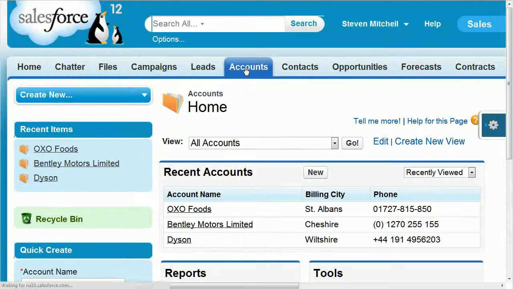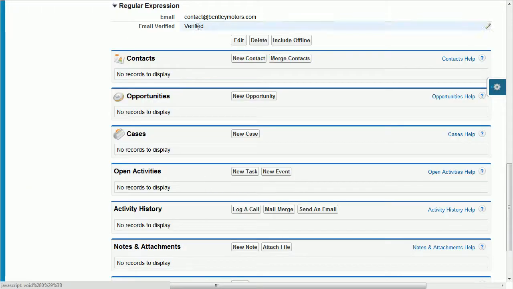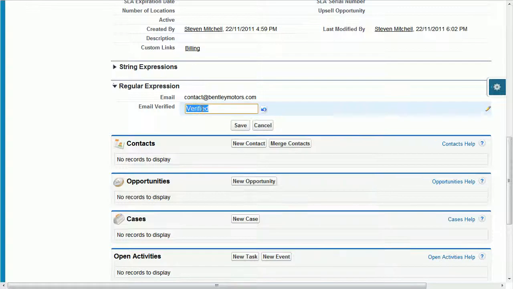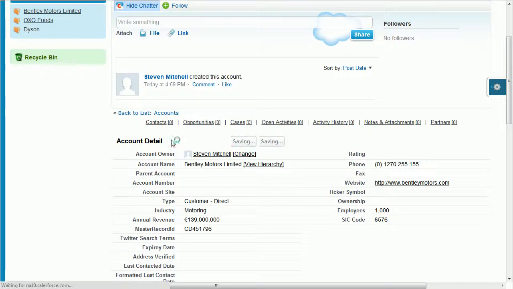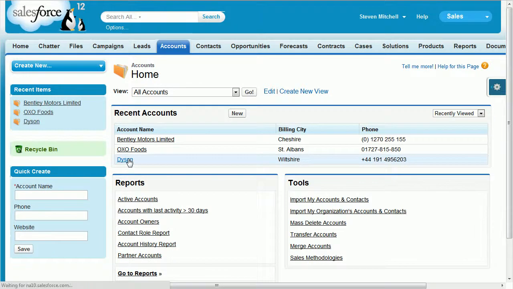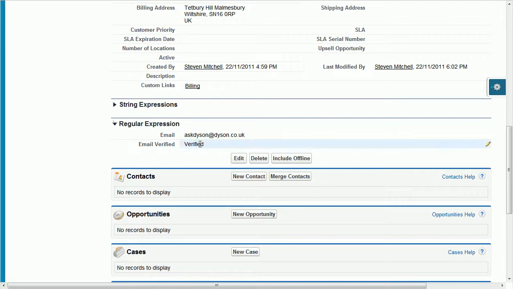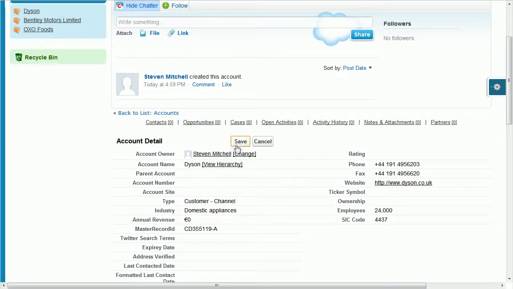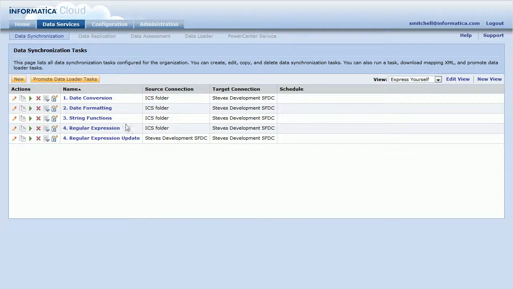If I go back to all my other accounts, like Bentley Motors, and I remove the verified values, and maybe I also add something in here, like I add, for instance, a second @ symbol. Now I can do the same thing for a third record as well. We'll do it for Dyson. Remove the verified, and we'll save that. So now if I run this task, so run that update,